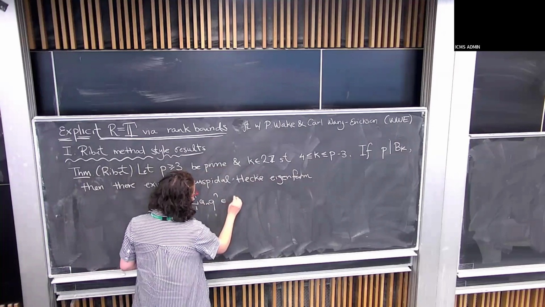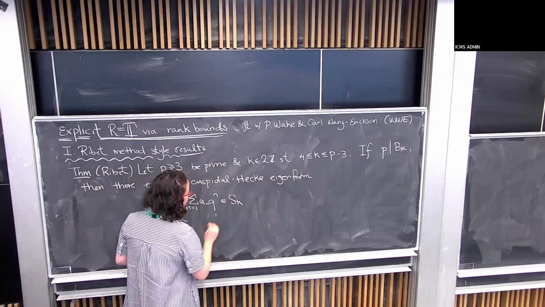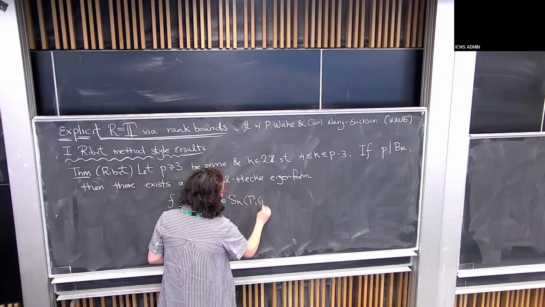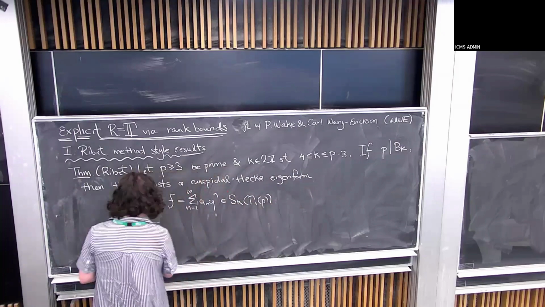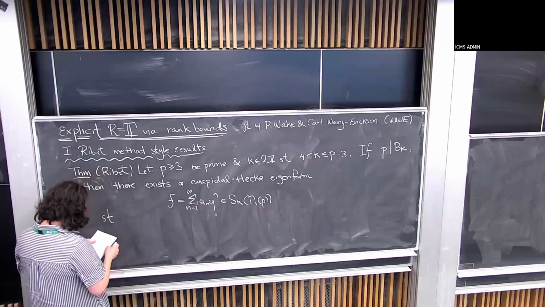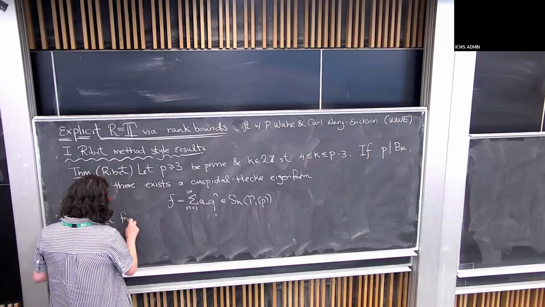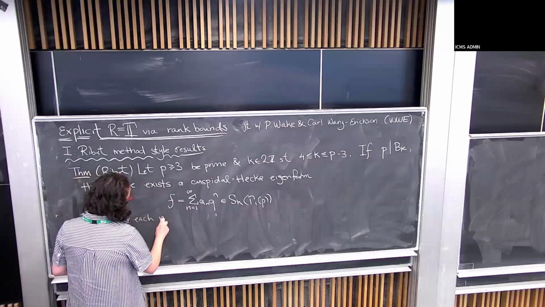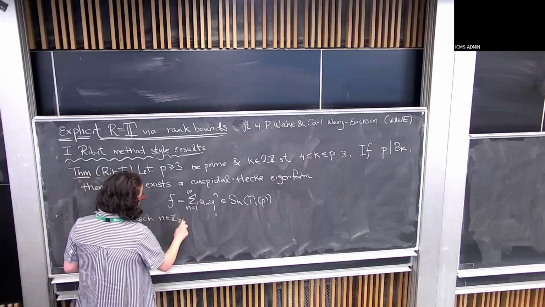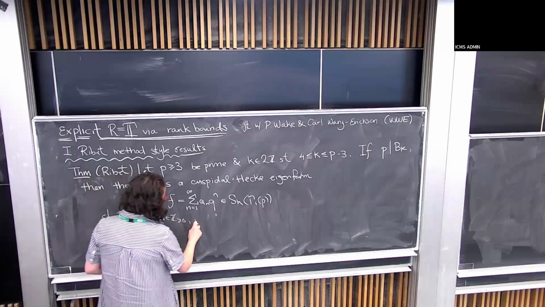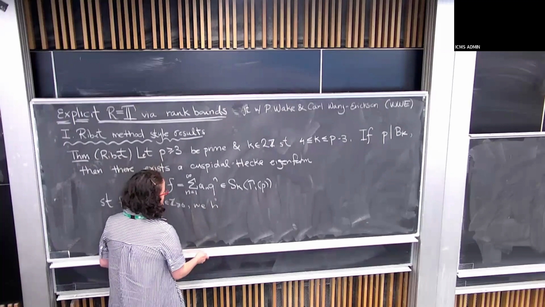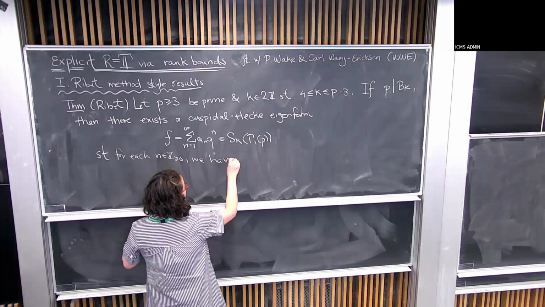And we're going to say that it lives in the space of weight k modular forms for gamma 1 level p, such that for each integer n, it's not negative, we have a congruence,